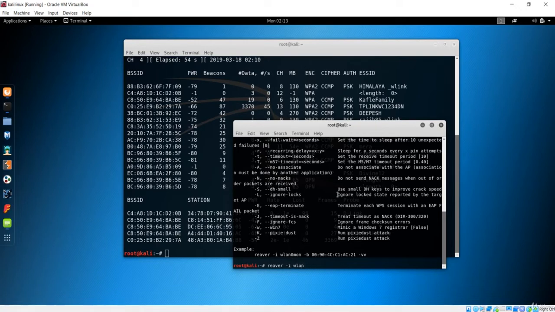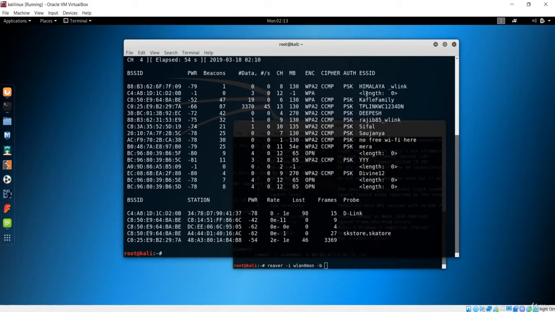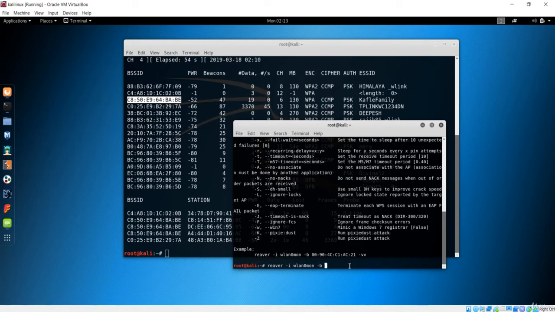I have already shown you the monitor mode is wlan0mon in our case, and b is for BSSID, which is the MAC address of this machine or of your gateway. So I want to attack this, so I'll just use this BSSID. I'll just paste it right here,